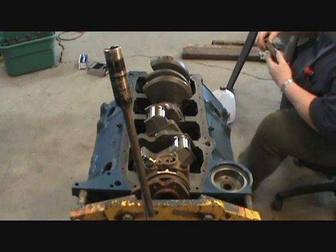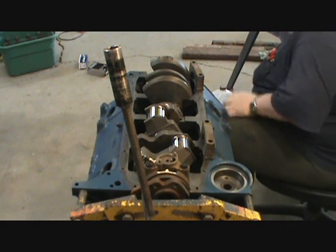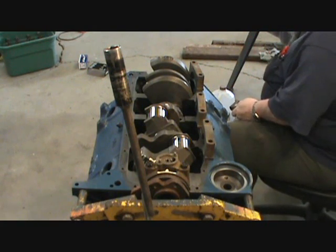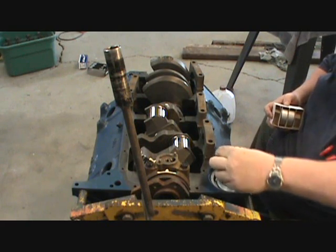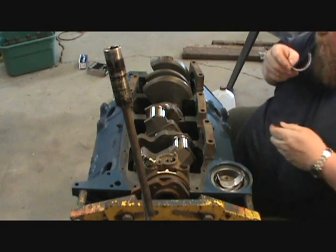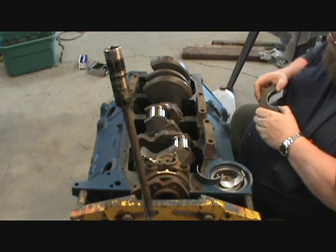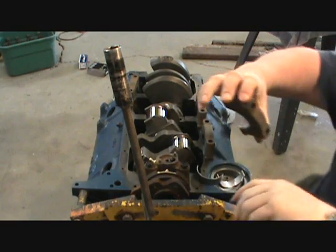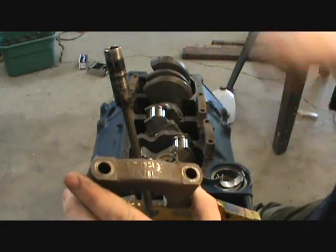Okay, then I got these stamped. This is number 4. 1, 3, and obviously, let's guess, number 2? Number 2. Okay. Now I can throw that box. Okay. Then also on your main cap, there's little arrows. They always point to the front, or if you done like I did, I always stamp them so as you read the number, that goes towards the front. So